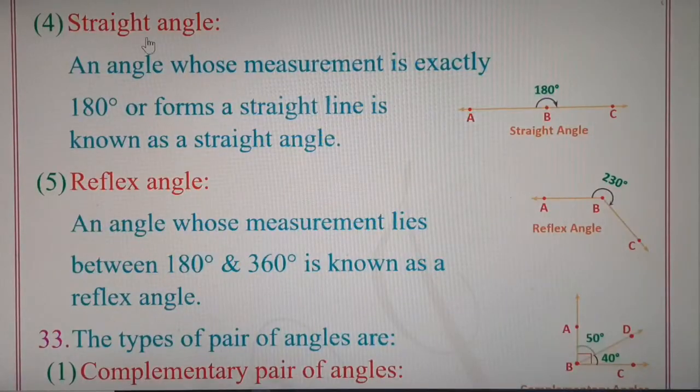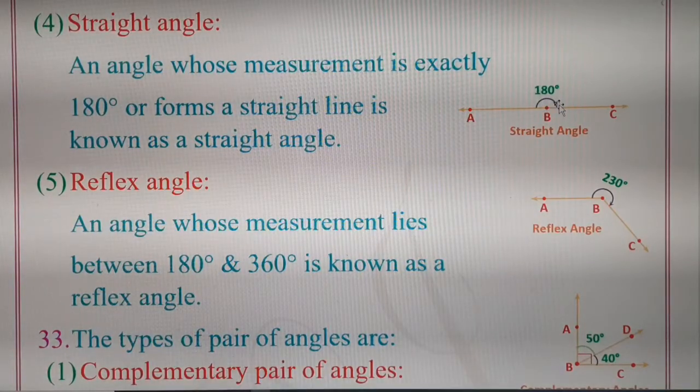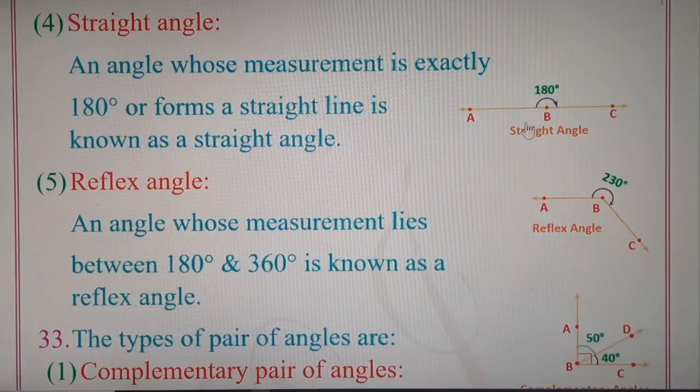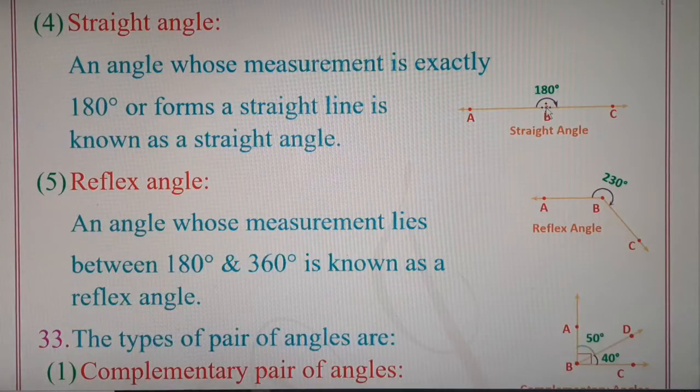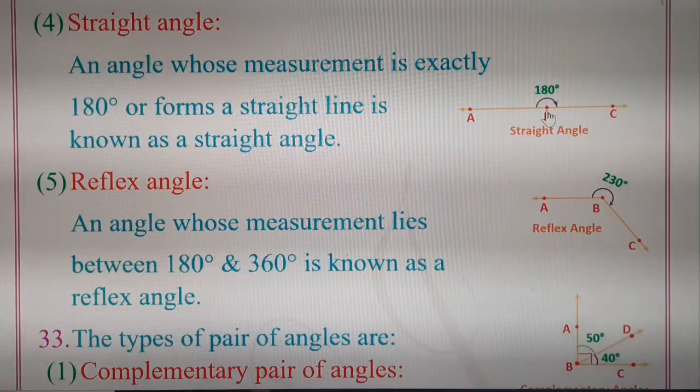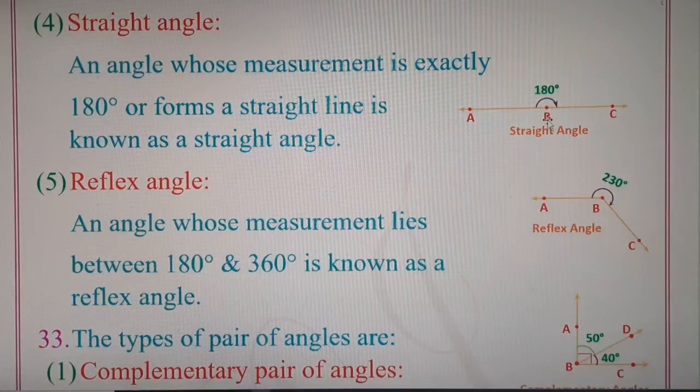The fourth type of angle is a straight angle. Any straight line is said to have an angle measurement of 180 degrees. A straight line is said to form a straight angle because the straight line is formed of two opposite rays having the starting point as the point B in this particular diagram. Here, line ABC or line AC is given. In this particular line, we say this line is made up of two rays.